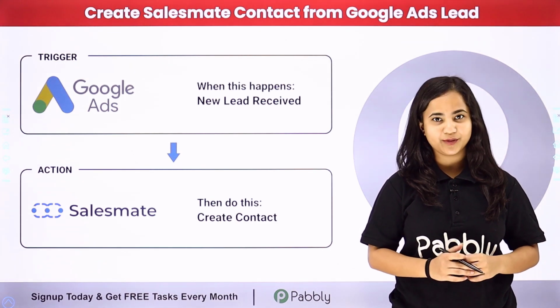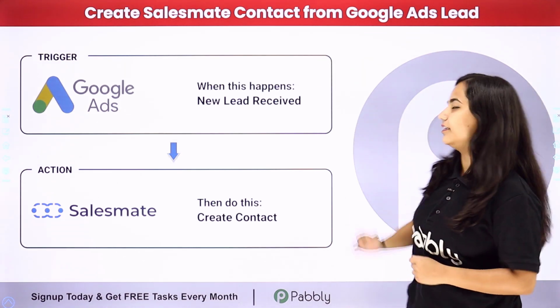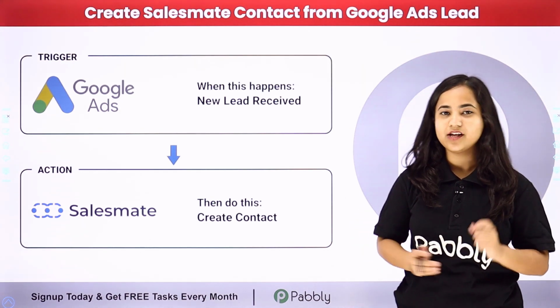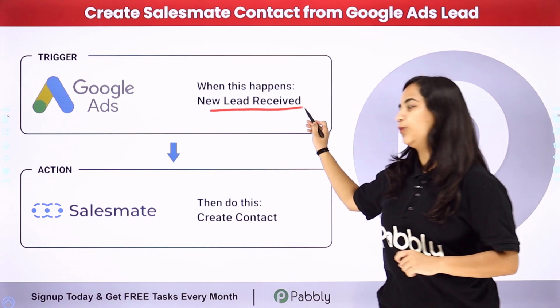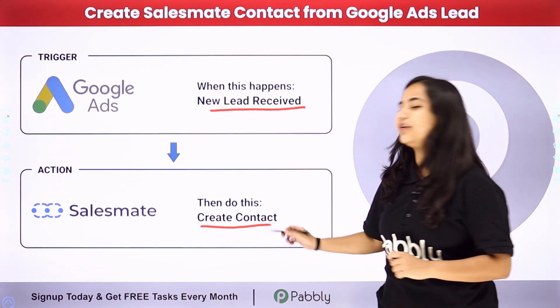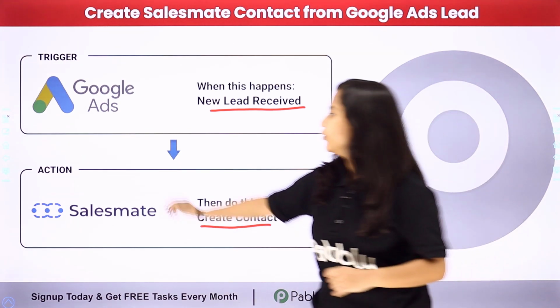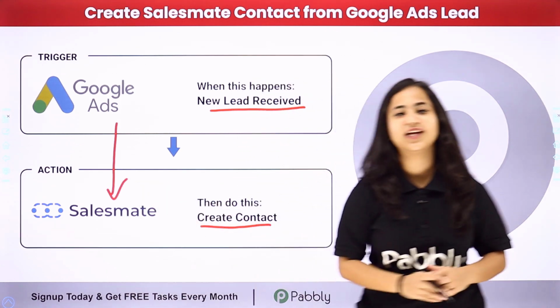Today in this video we are going to see how to create a Salesmate contact from a Google Ads lead. So here my objective is that whenever a new lead is received through Google Ads, then automatically a contact should be created here in my Salesmate CRM. And for that I'm simply going to create a connection between Google Ads and Salesmate with the help of Pably